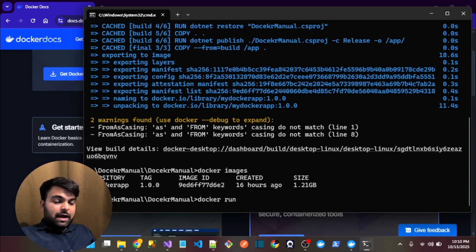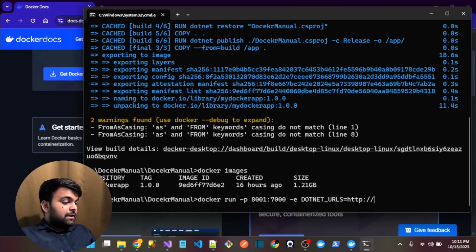Now I will run this image. How will I do it? Simply I will run docker run. Then I will choose the port number 8001, and 7000 will be the port number of the Docker container. After this I will pass an environment variable, which is ASPNETCORE_URLS, and I will assign the value as http://